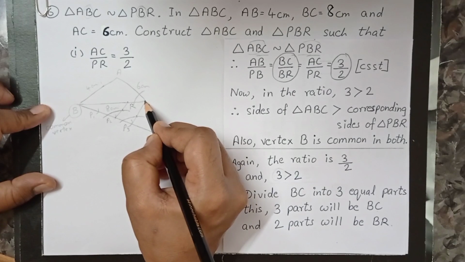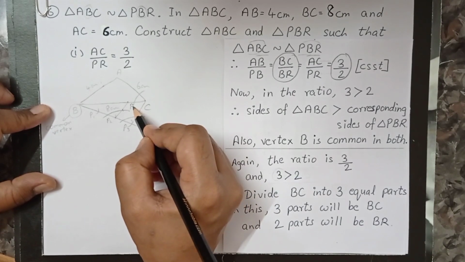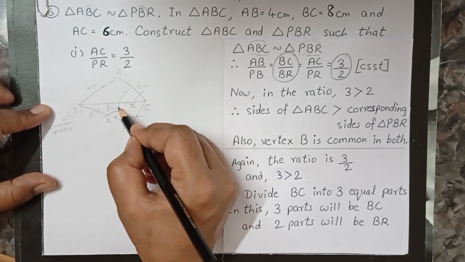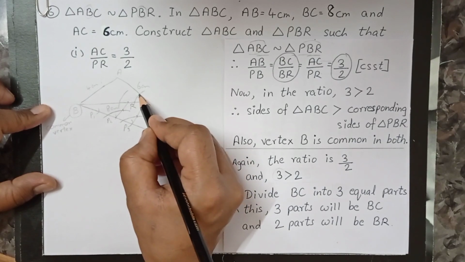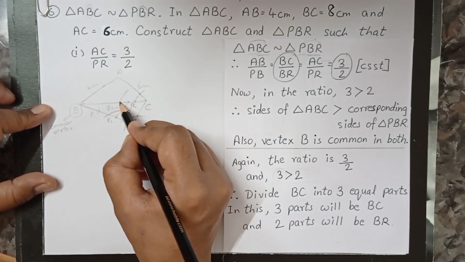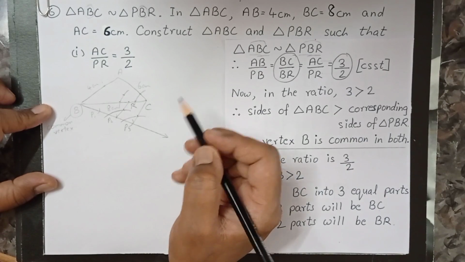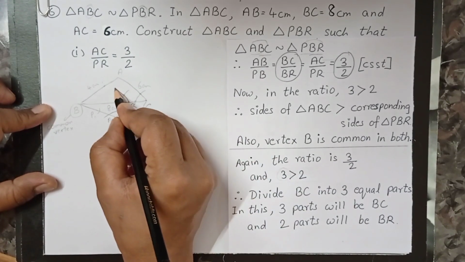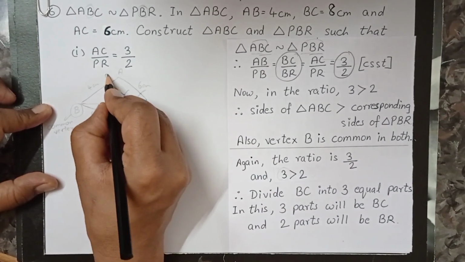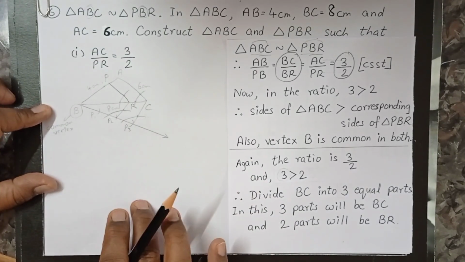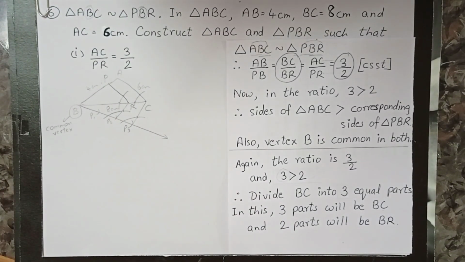So from point C, you'll make a cut with the same measurement from point R also, you'll make a cut. Then you will see the measure of this angle with a compass, and using the same measure, you'll make a cut here also. And then you will simply join those two and you will get point P. PBR, the second triangle. This is how you're going to do it.